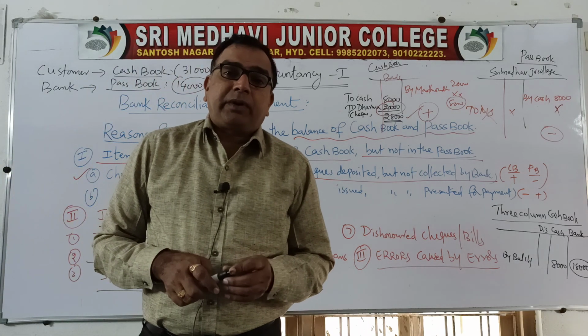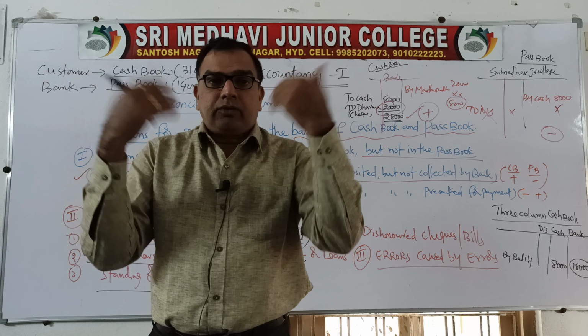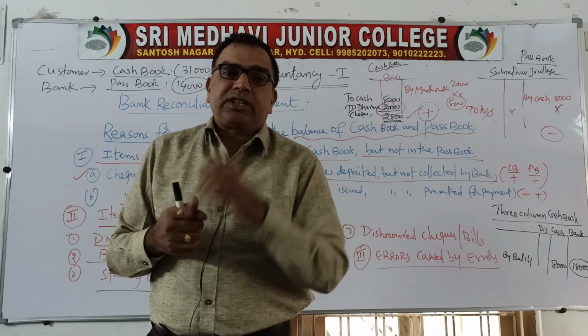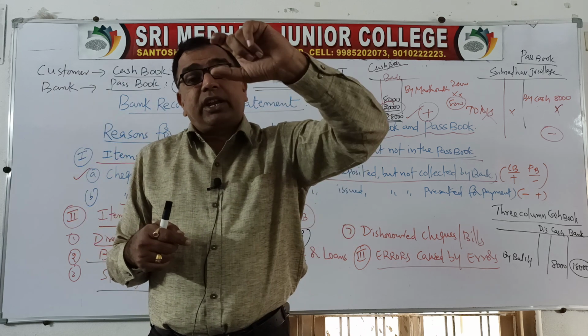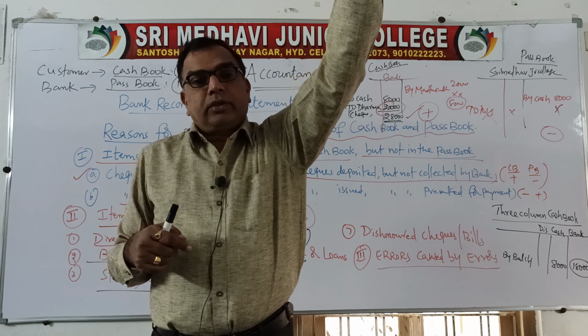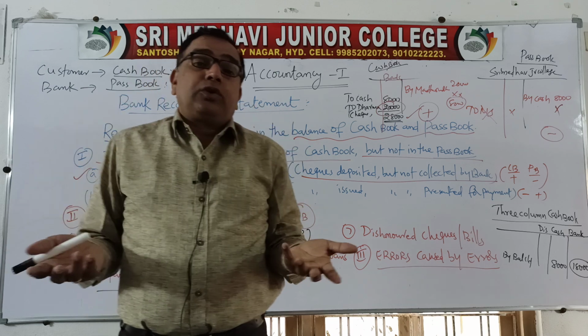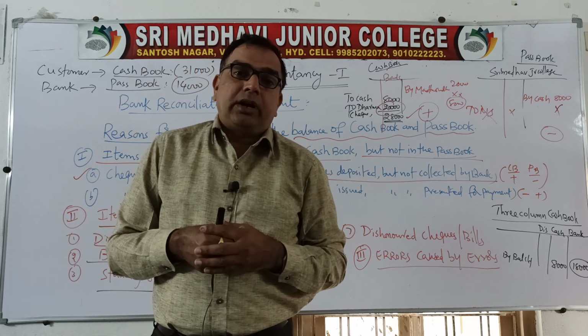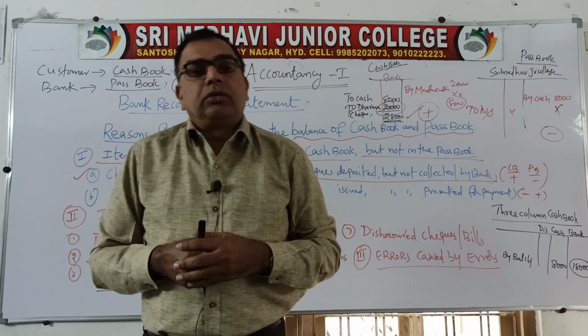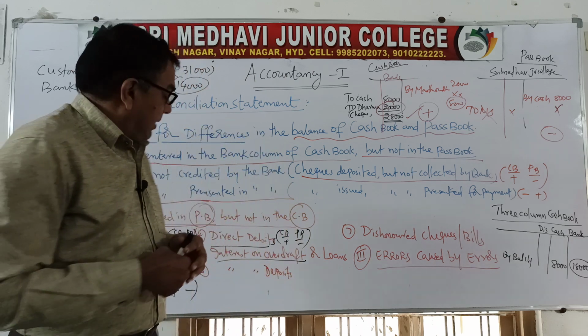Next, interest on overdraft or loans. This is also an expenditure to the customer because we have taken a loan from the bank. The bank charges interest, and that interest is directly deducted from our account. Clear? So passbook balance will be reduced because we don't know how much amount is debited by the banker. So our cash book will be showing the more balance.